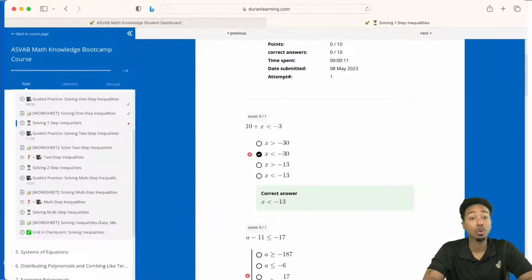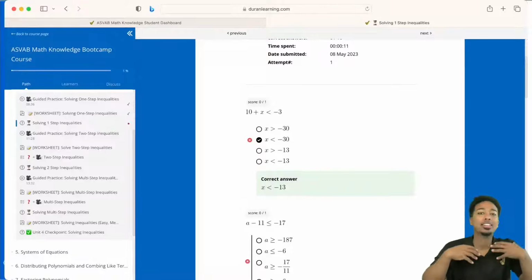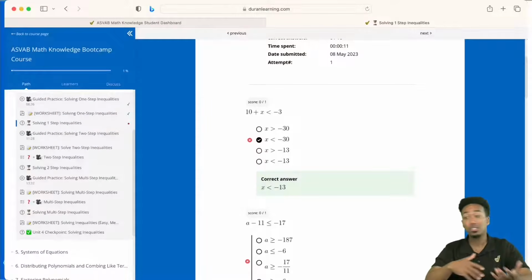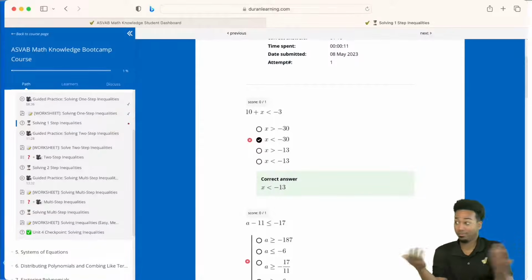Anything you're struggling with, specifically for math knowledge, go back to the guided practice and the worksheets. On top of that, you can text me. You have no idea how many students text me on a daily basis, over 200, and the majority are students in the program who want to know how to get a certain problem done. So if you're doing these questions and you're stuck, text me.